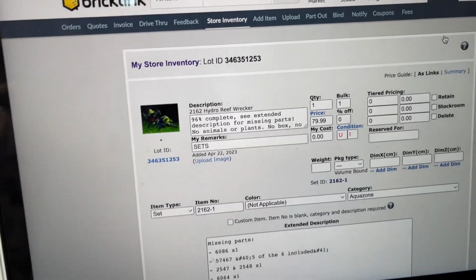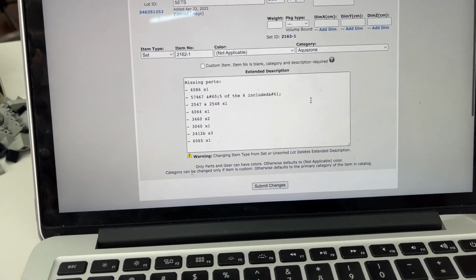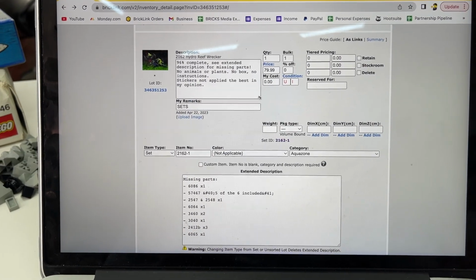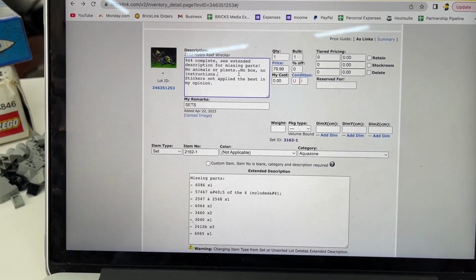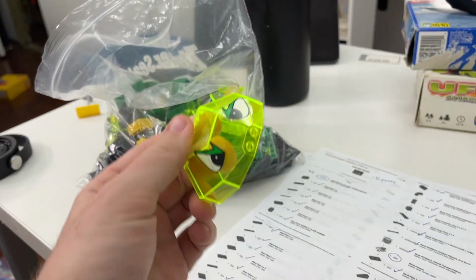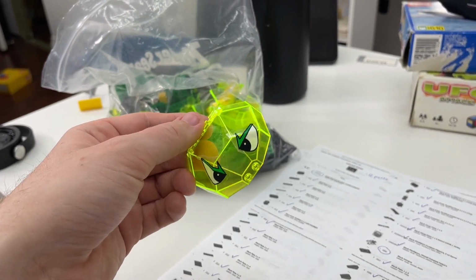I did the math. It was 96% complete, and I've listed all the parts that were incomplete. Most of them are basic, a few animals. So that way, when somebody comes and sees this listing, they know exactly what they're going to get. See below for missing parts, and then I said no animals or plants, because that's what obviously most people probably want to know. No box or instructions, and like I said, the stickers aren't applied the best in my opinion, just because I'm anal when it comes to Lego stickers, and well, this is just not it,